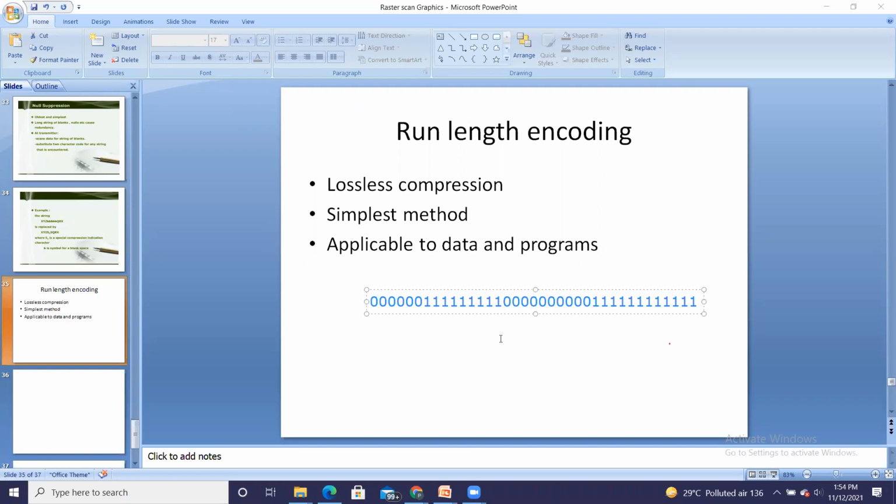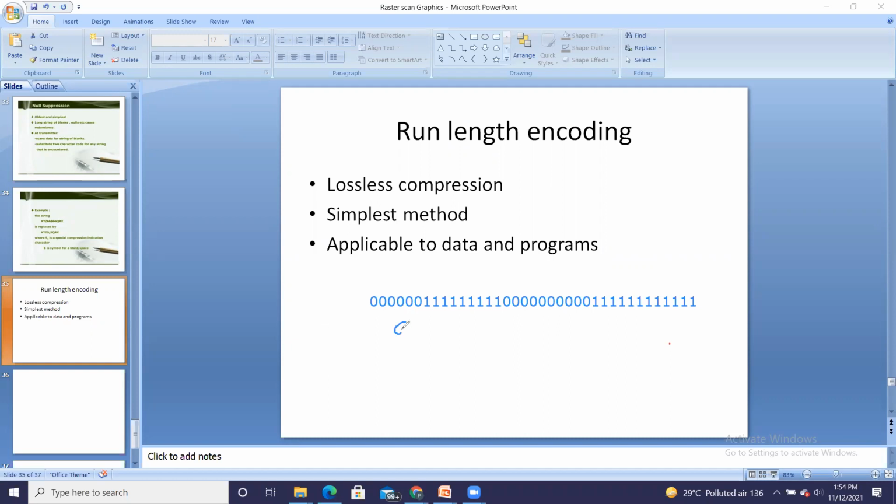So how to use run length encoding compression on this program line? This is your program line, and I'm going to store it in memory. How is it carried out? Initially, I write here 6 zeros are there, so I require 6 bytes.